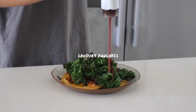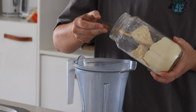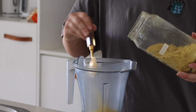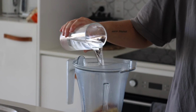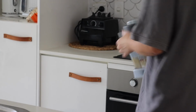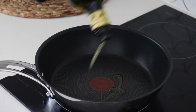Okay, next up we are making savory pancakes, and these are made on a base of chickpea flour, which I love using for omelets or crepes or pancakes when I want them savory. So into my blender, I put some chickpea flour, nutritional yeast, smoked paprika, salt and pepper, as well as some water and then some lemon juice. Then I put the lid on my blender and I blended this all together until it was a nice smooth